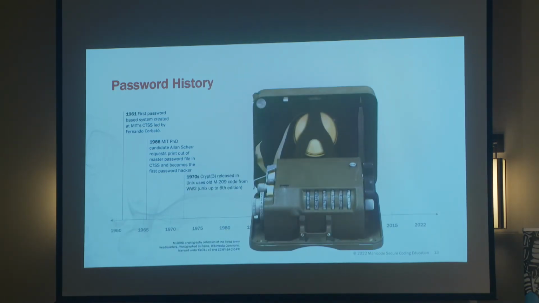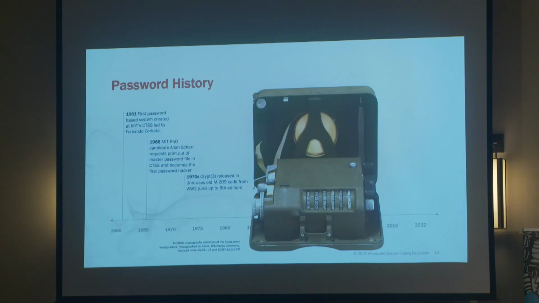Now, 1970 is when a real password protection algorithm comes out. This is Crypt3. Now, this is released in Unix, but they grabbed this from the old M209 code from World War II. This was in Unix up to the 6th edition. Just for the record, this is not correct cryptography, but it was the beginning of modern password storage. It came from this physical device that was used by the Allies in World War II to protect our military